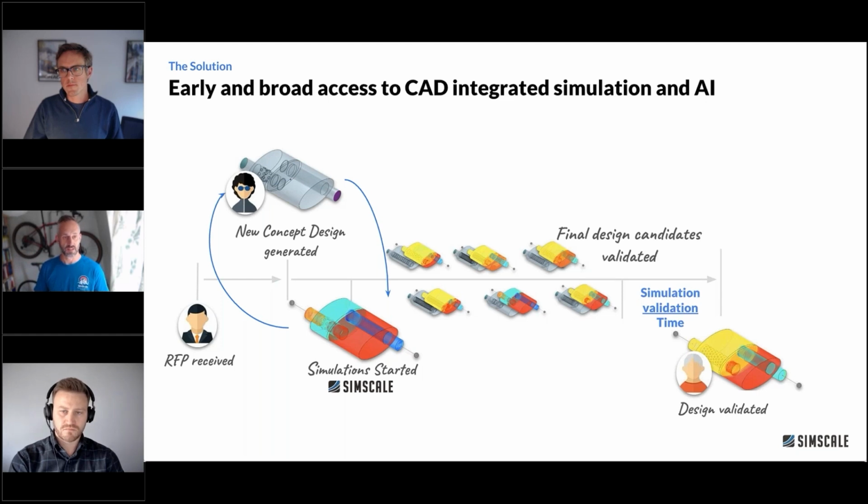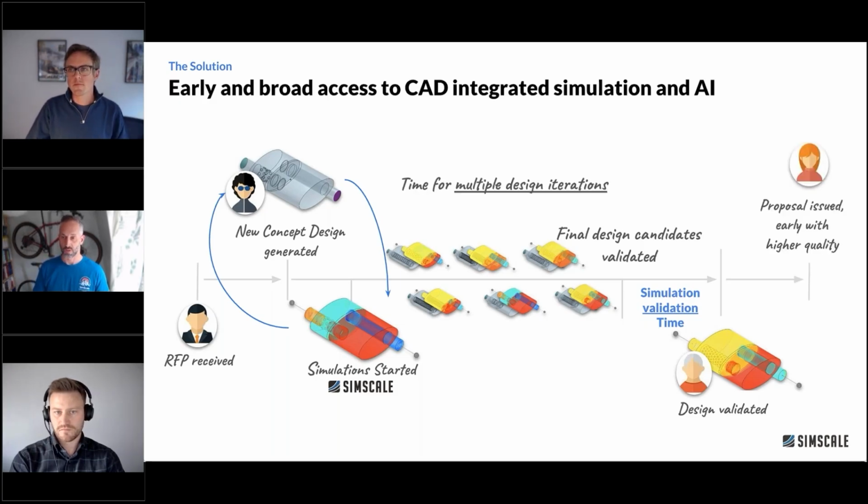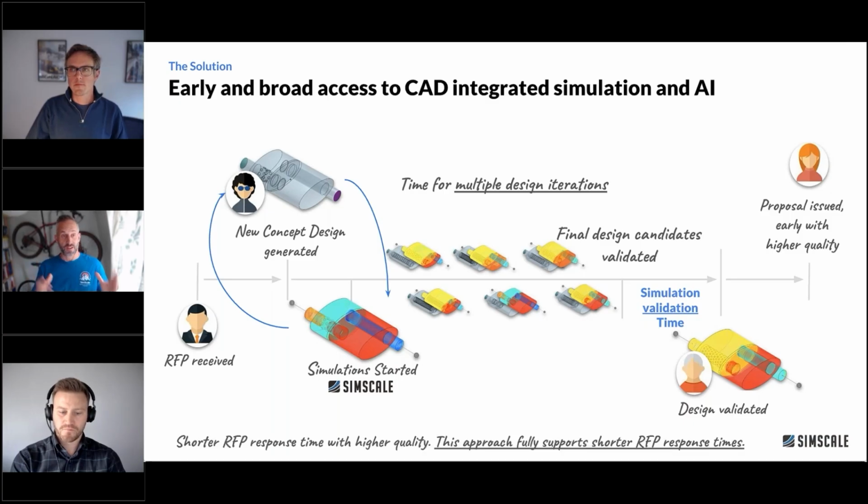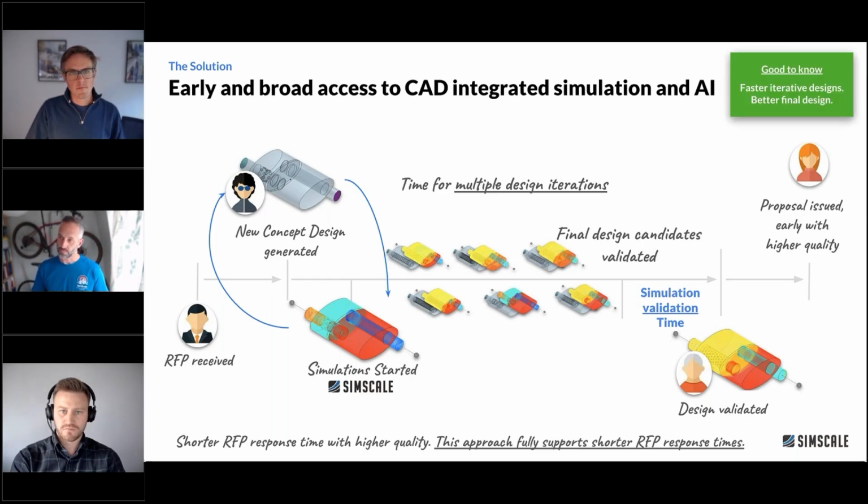They can decide, yes, this is good, this isn't, we've done better than we could have done before. This can be sent back and we can issue a proposal. So we've run through now multiple design iterations, hopefully with a much shorter time scale, and we produced a better design as a consequence, all by doing things earlier. So just by doing simulation earlier, we can have huge improvements.